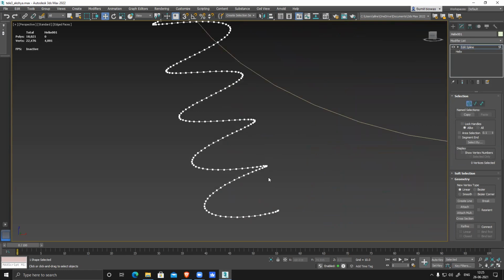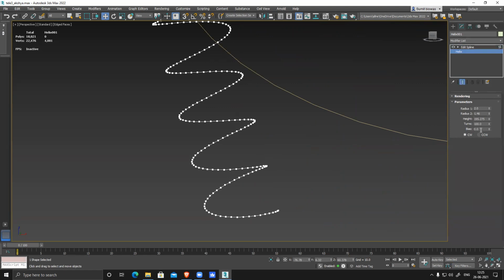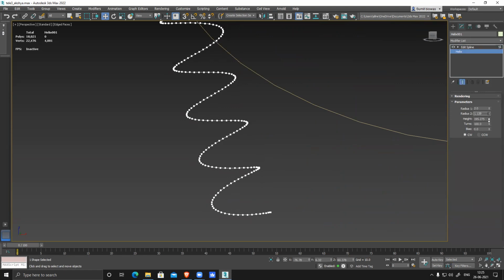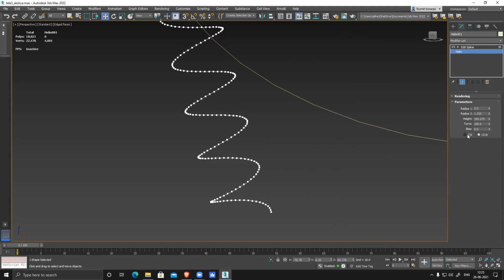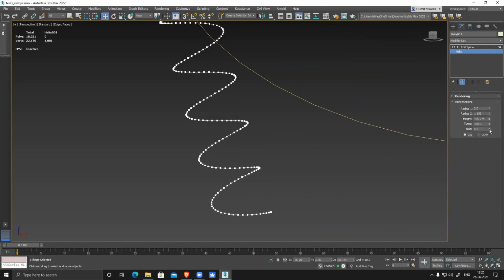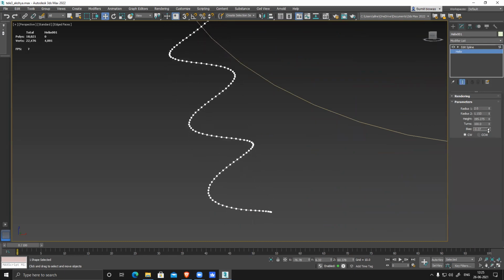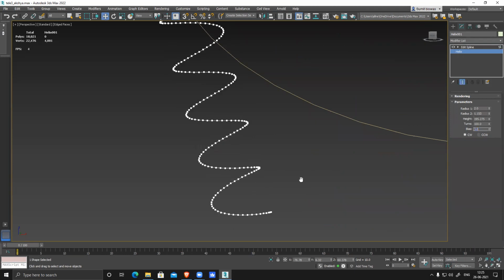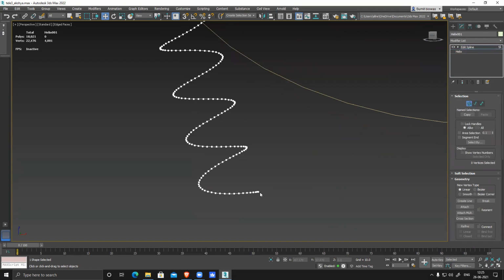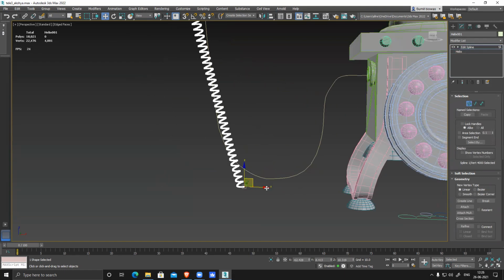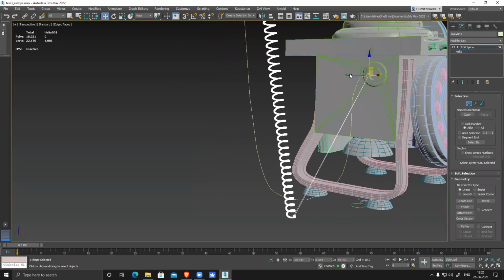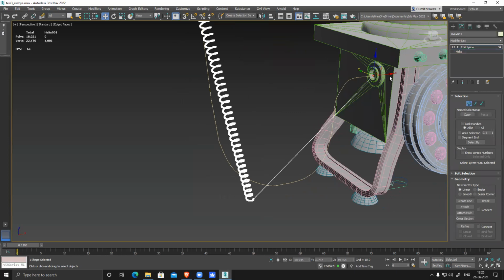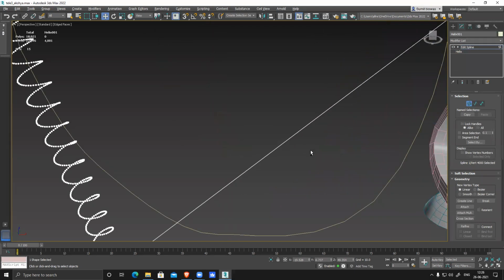It's too many vertex. Clockwise is fine. Connect it here wherever it's supposed to connect. Connect this.